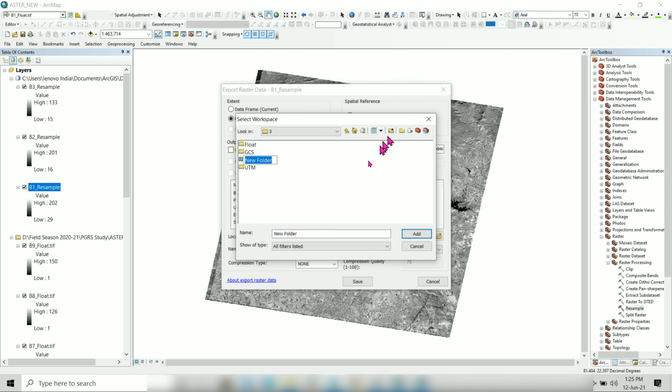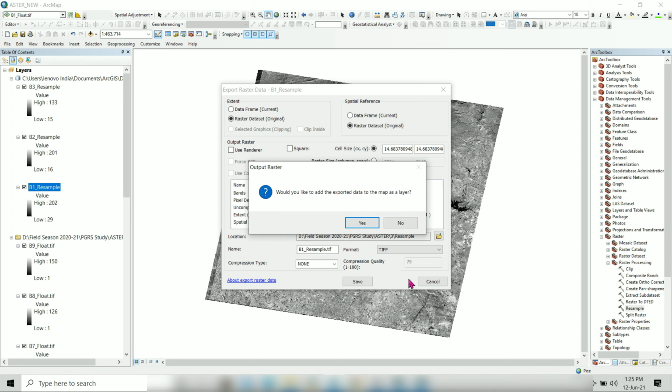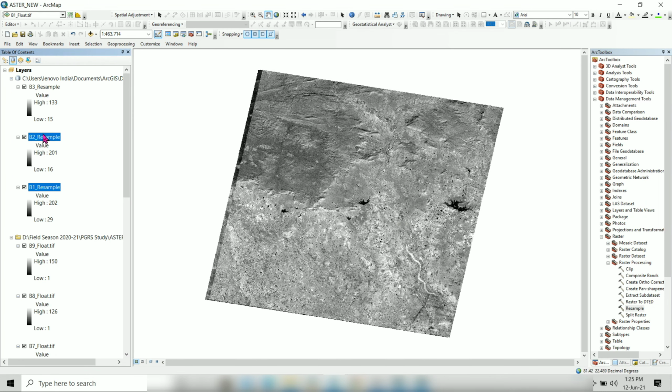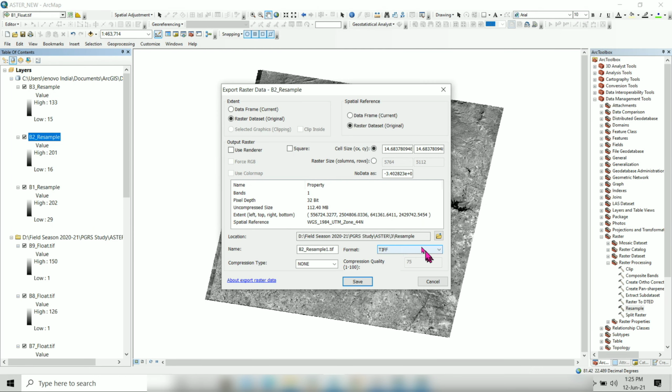Here I am adding a new folder and naming it resample. And now I am exporting the band 1 resample to the specific folder. Similarly, we have to do it for band 2 and band 3 also.